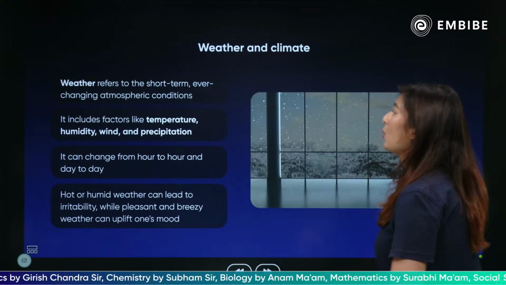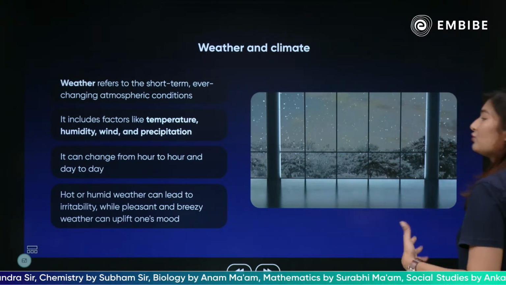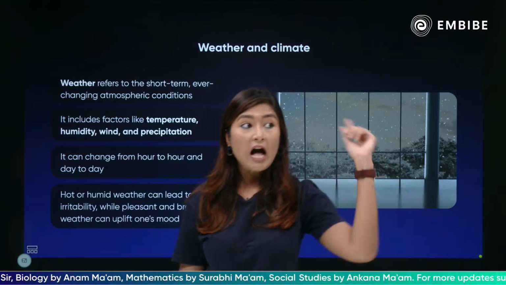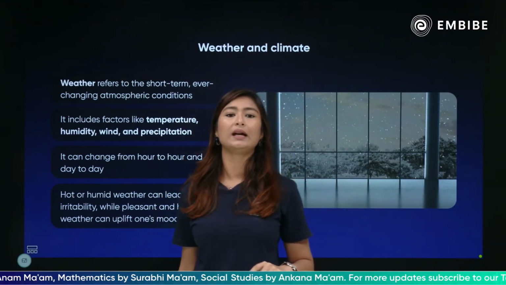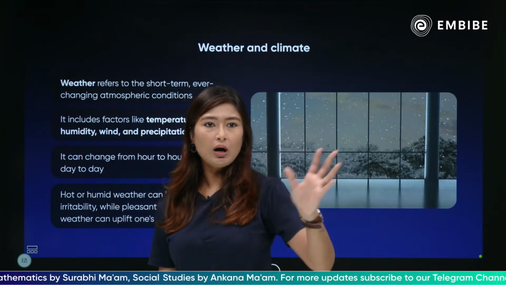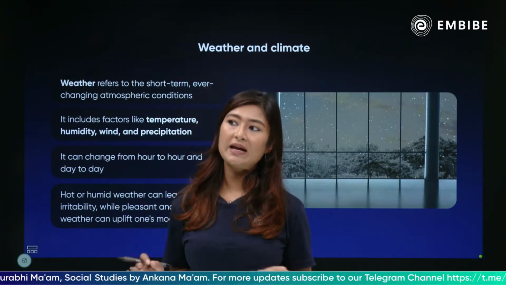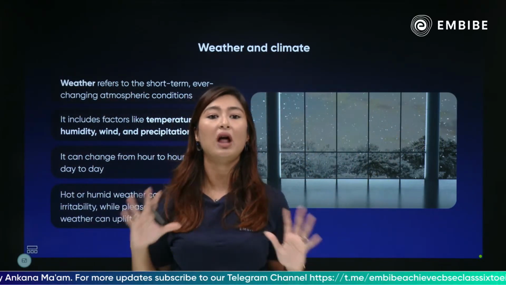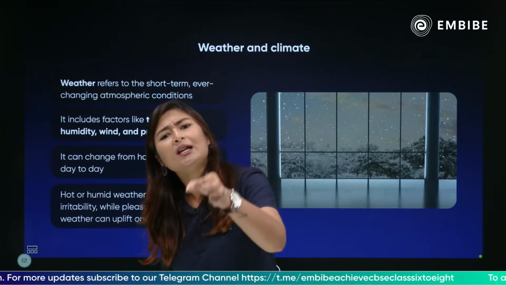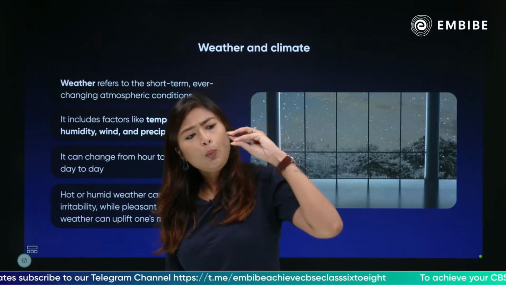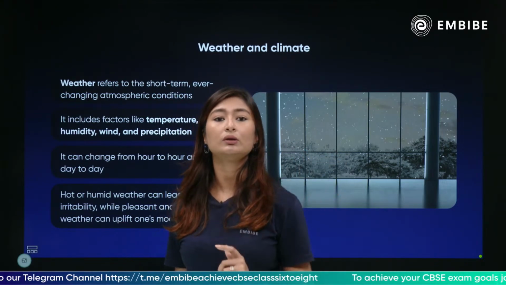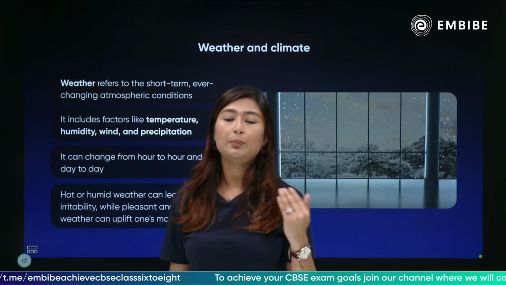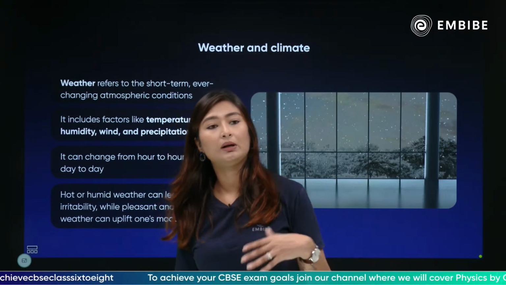Let's find out. So weather refers to a short-term, ever-changing atmospheric condition. So first of all, how do you assess how the weather is? कैसे पता करते हैं कि ये जो मौसम है, ये जो environment है, वो कैसा है? So weather is basically referring to the atmospheric condition, to the environment in terms of atmosphere around us. But that would be at any point in the day. वो बहुत short term में लिया जाता है और किसी भी वक्त होता है, as a result of which it can change very frequently. It can change multiple times through the day, it can change multiple times through the week